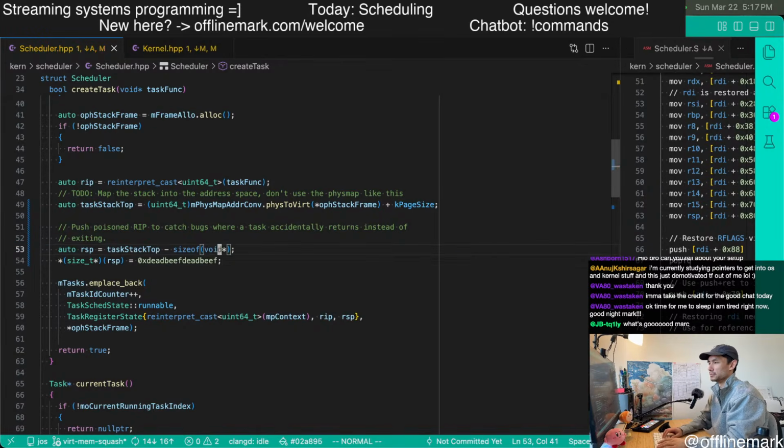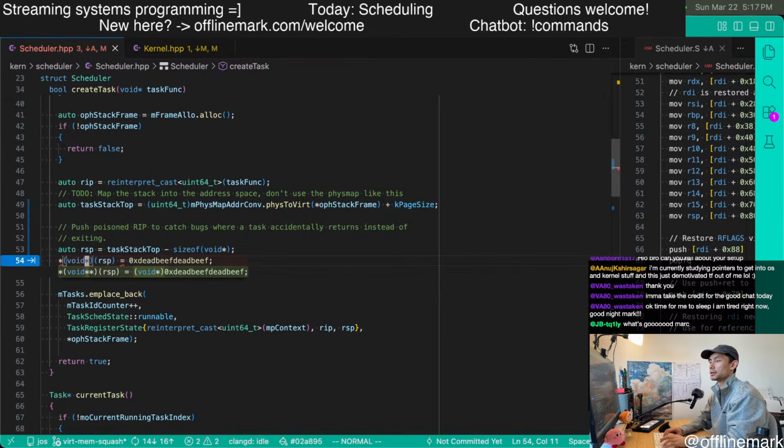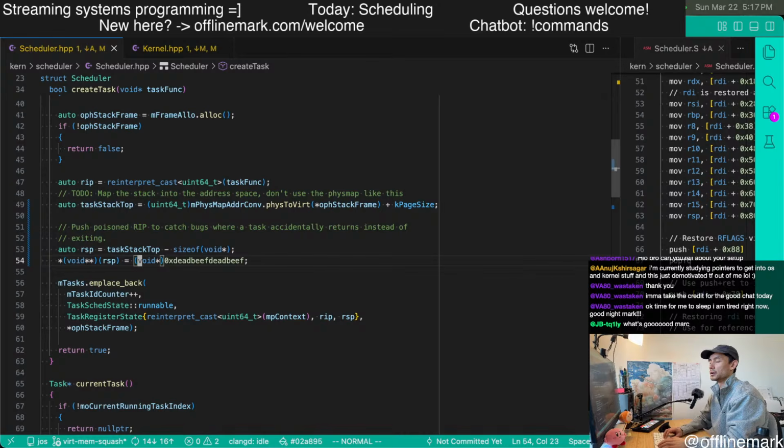I mean, really, does this work? I'm not going to overcomplicate things. I was going to do it as a size T star. Take that minus the size of the pointer, write to this address the dead beef, and then save this in the task state. So now